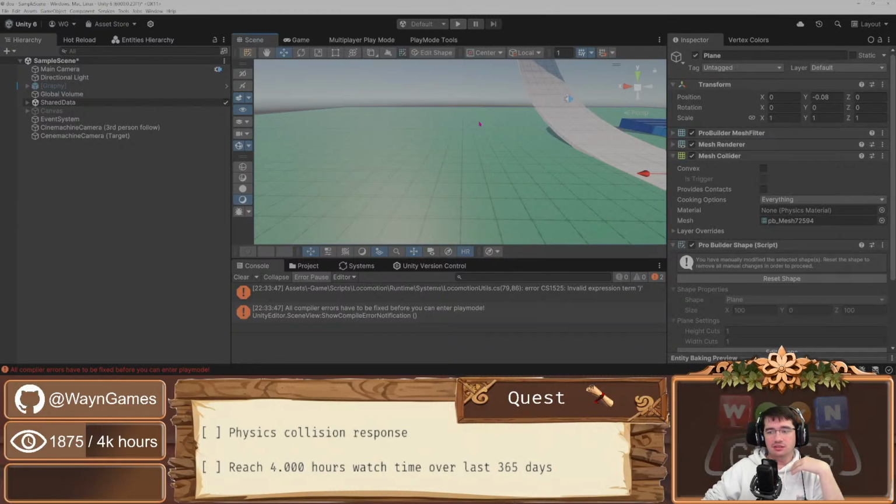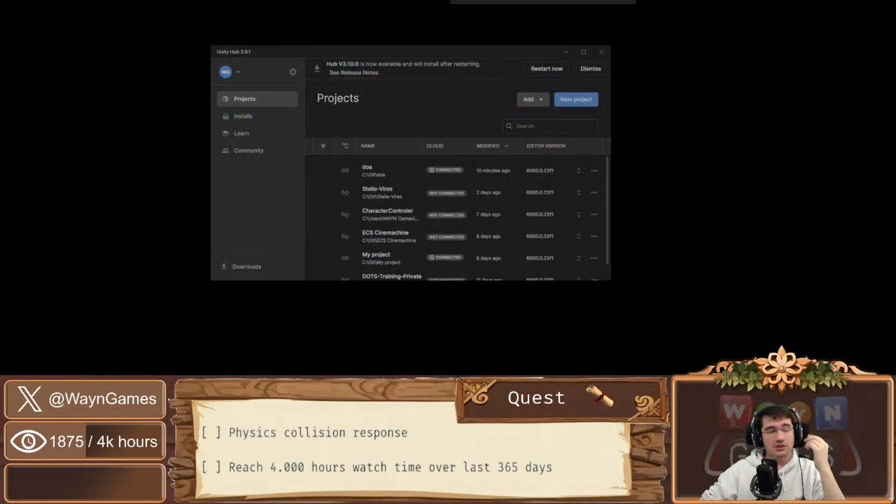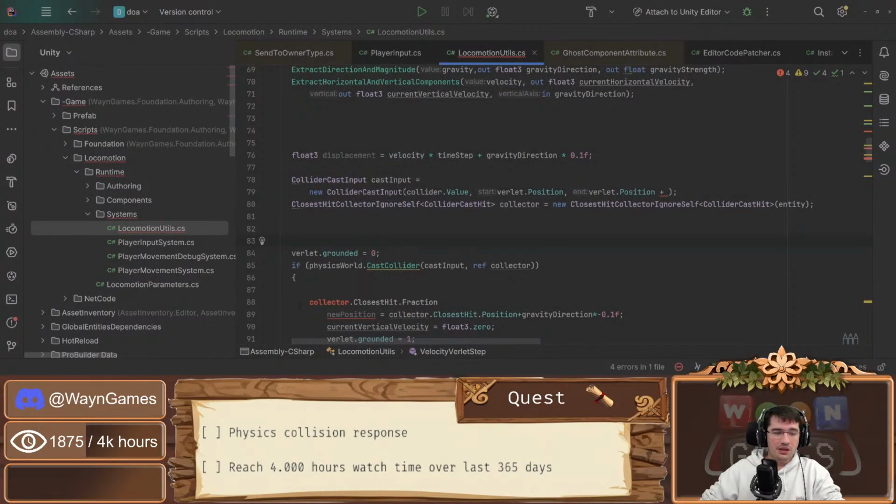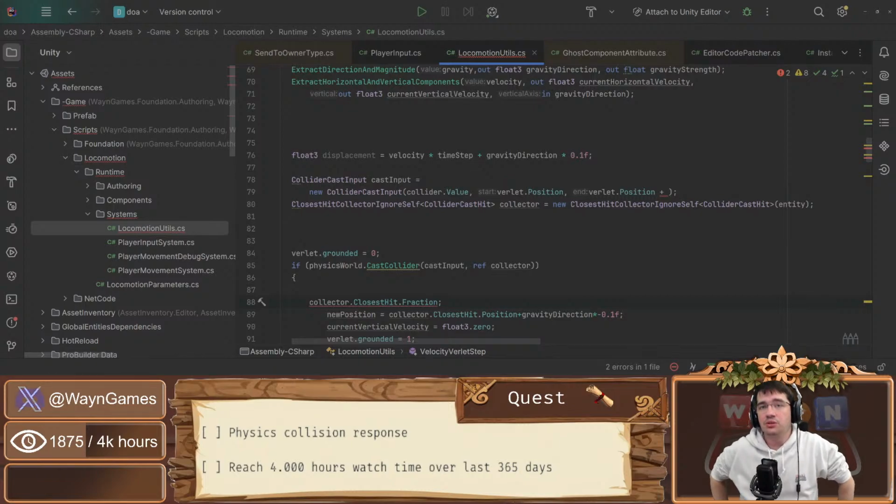I personally started using DOTS when it first came out, like almost 7 or 8 years ago, something like that. I don't remember the exact date, with the first early alpha versions. And I'm not going back to MonoBehaviour. I think I want to focus on ECS and DOTS. There are still some areas where you can't do without MonoBehaviours, such as animation and stuff like that. So I will still wait eagerly for Unity to solve that. But yeah, if you have no experience at all,